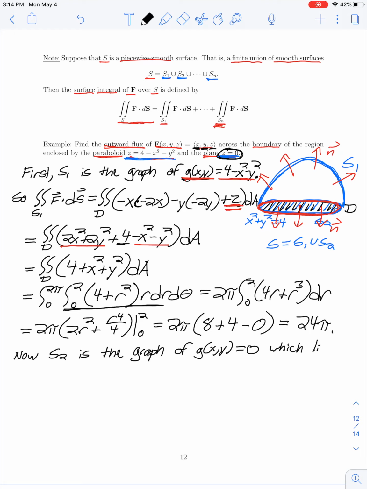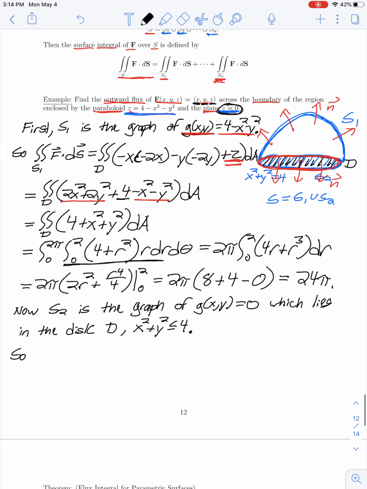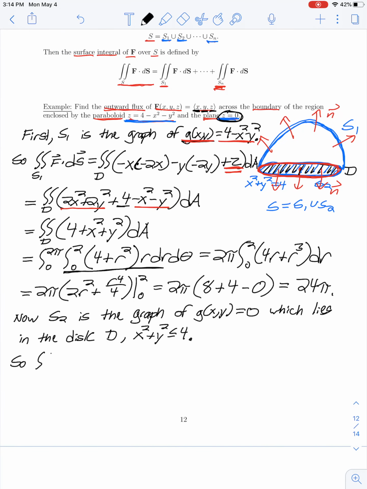which lies in the disk D, which is defined as x squared plus y squared is less than or equal to 4. All the points inside the circle centered at the origin of radius 2, which lies in our xy plane. So our flux across the surface S2